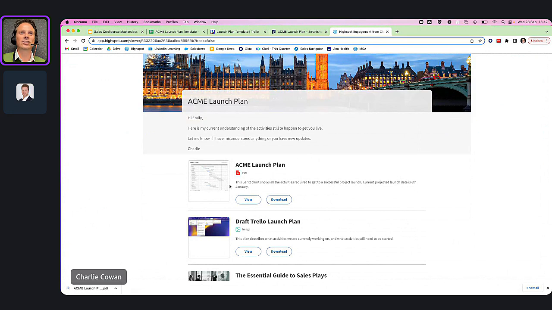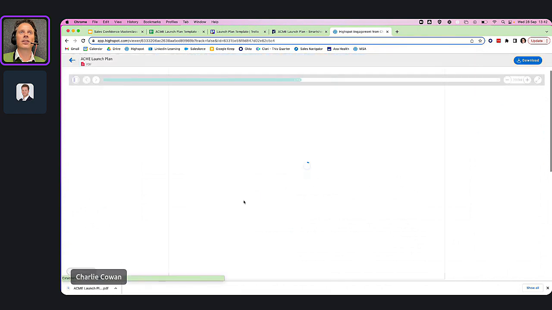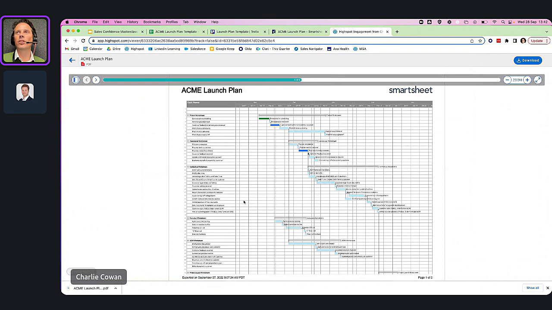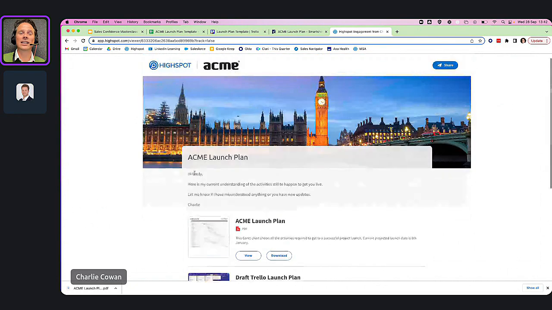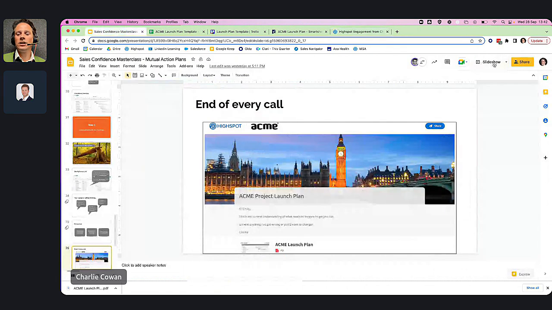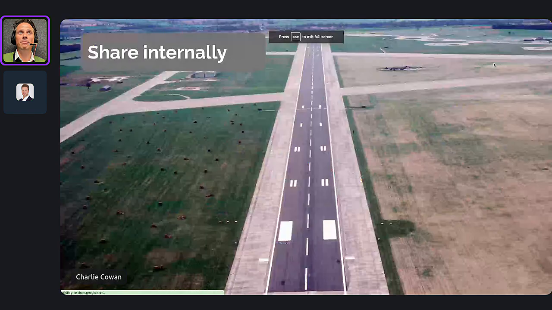Let me know if I've misunderstood anything. And there, they can view it either within the system or they can download it and share internally. No logins required, no complexity for them. And I get the added bonus of being able to see analytics on how long they're spending time looking at it, if they are, or if they've not at all. So that's make it easy for them.